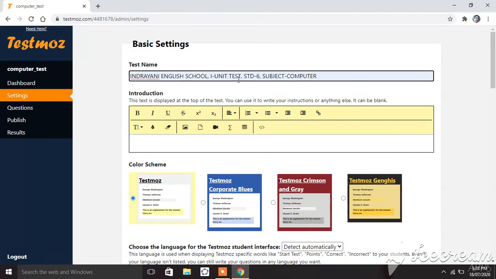I am setting this paper for first unit test for standard 4, and obviously the subject is computer. So I will write all these things in the header part: your school name, whether it is a class test or you are setting paper for unit test or first term, class and subject. Okay, then go down.